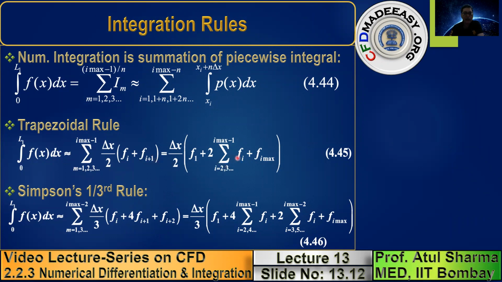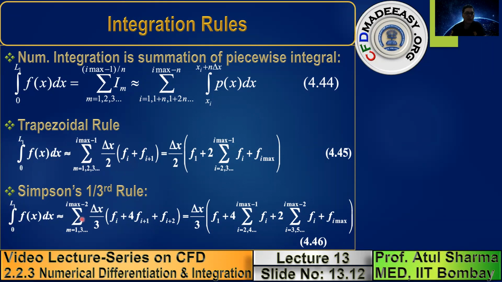you get twice of f2. So the first and the last in this formula will have the coefficient 1, but all the intermediate values, since they appear twice, like when you use it for 1, you get 2, but when you use it for 2, you also get 2. So for the first and the last value, which is the leftmost and the rightmost point, you have only coefficient 1. For all the internal points, you get a coefficient of 2. So this is the formula for the complete domain constituting all the points, and this is for one subinterval, which I derived, which derivation I showed in the previous slide.